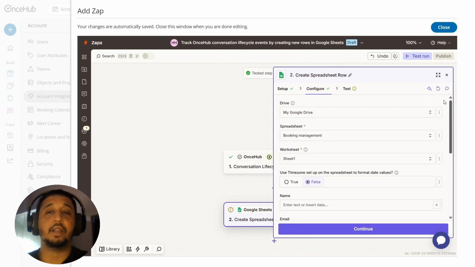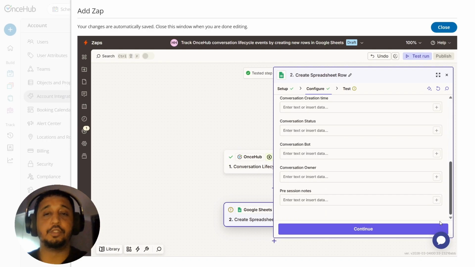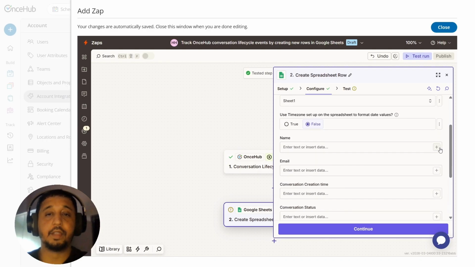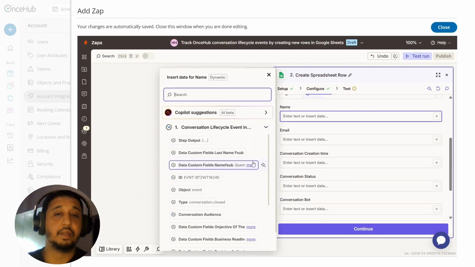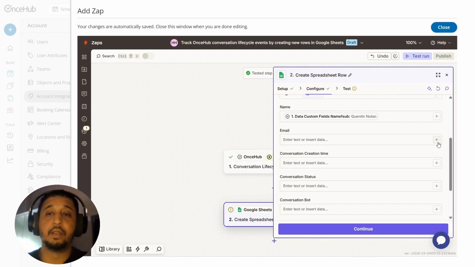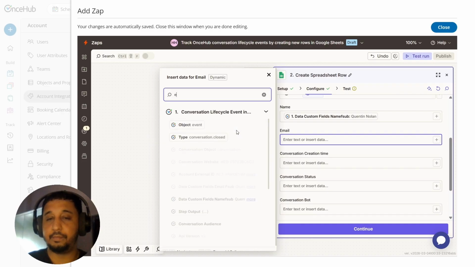for mapping. Now, since I'm using Google Sheet, these are the options that I have. For your relevant application, you will have your specific steps there. Now, it is completely up to your requirement on how you want to go ahead and map the data. For the video, I'm keeping it very basic. So let's say I'll go ahead and map the name, the email,